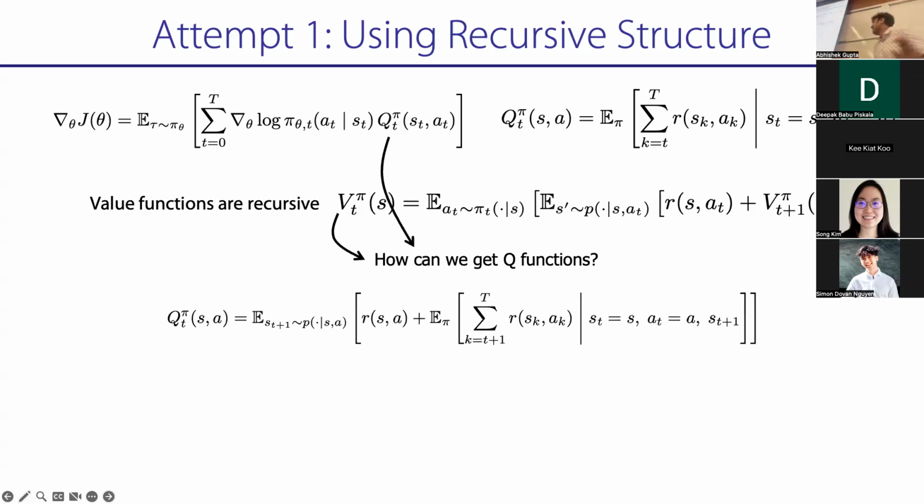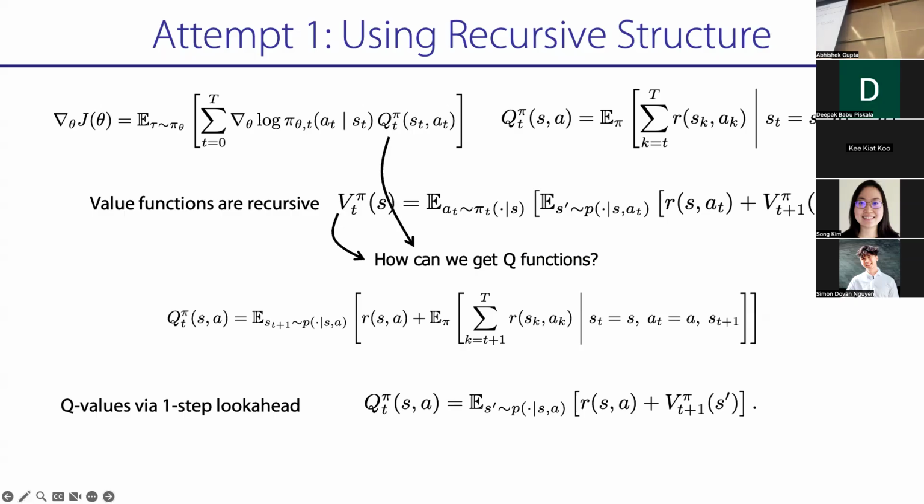And so the simple thing we're going to look at is what's the definition of a Q function? The definition of a Q function says you're going to start at S, take action A, and then sample the next state from the dynamics and sum up the rewards in the future, right? And so you can also decompose the Q function into what you call a one-step look ahead or one-step backup of the V. So you can write that the Q function, Q pi of S, A, is equal to R plus V at the next state, right?